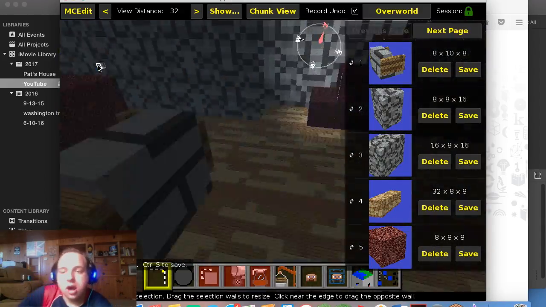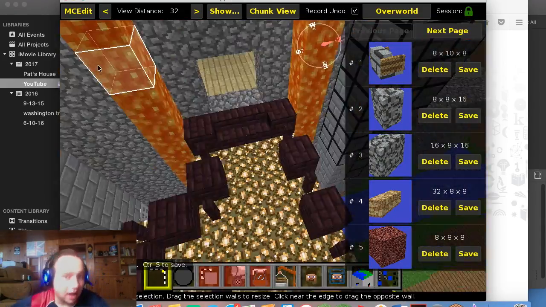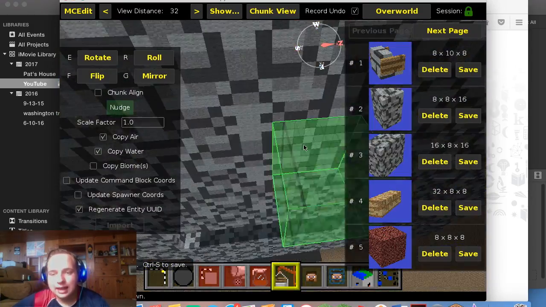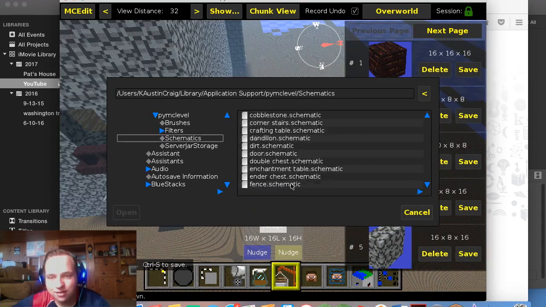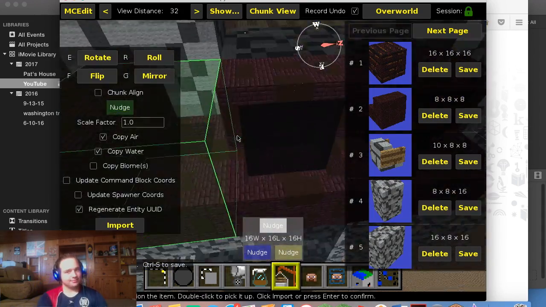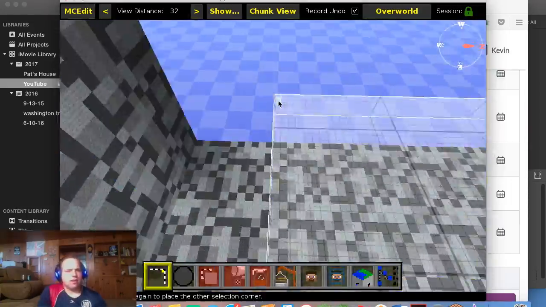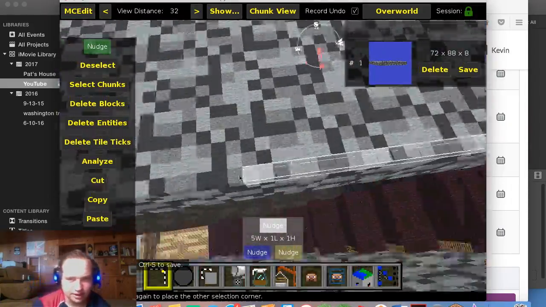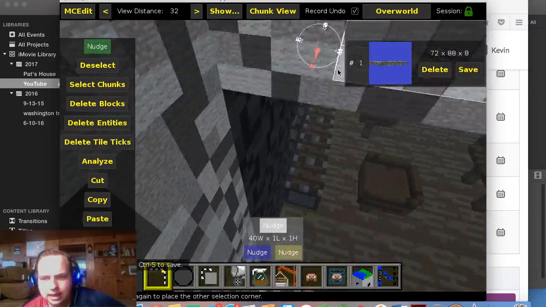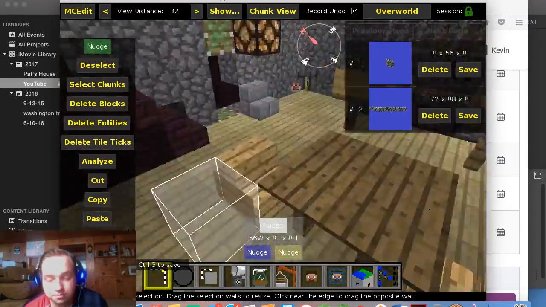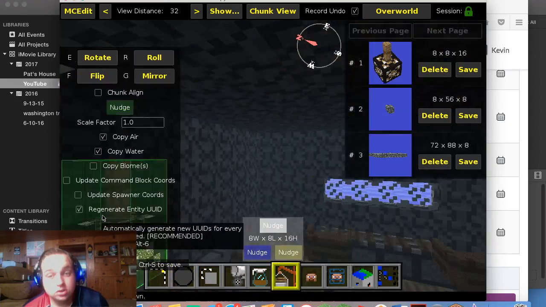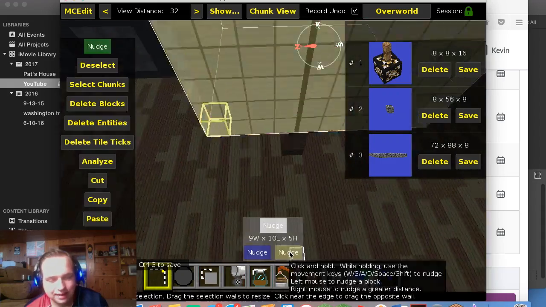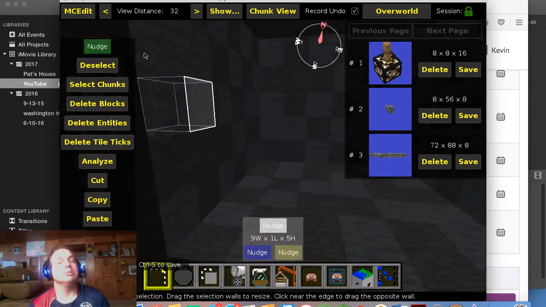Got it. So here I ended up just copying and pasting the stairs. And here I had some fun with the outdoor glowstone nether portal sort of thing. I had more fun with the nether portal, which I'll get to in a second, but right here it looks like I'm trying to figure out the stupid netherrack boat thingy that Pat made. I'm not insulting Pat, I'm insulting his building.